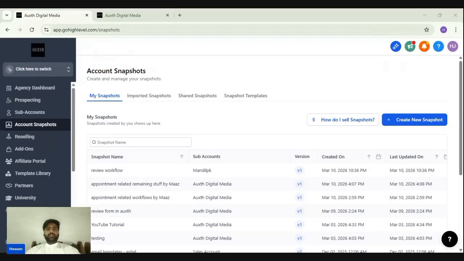The topic of our video is snapshots and system cloning in GHL. So first of all, you need to know what a snapshot is in GHL. Basically, a snapshot is, you can say, a backup or a cloning of a